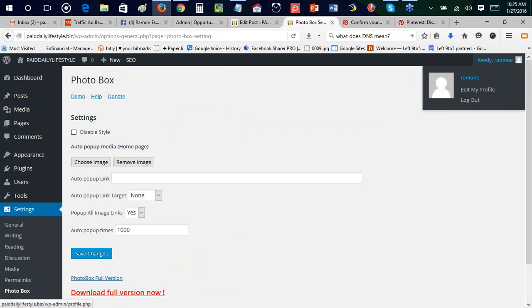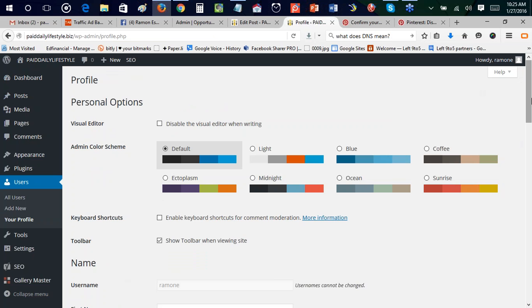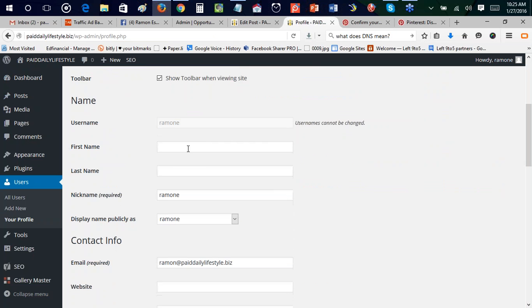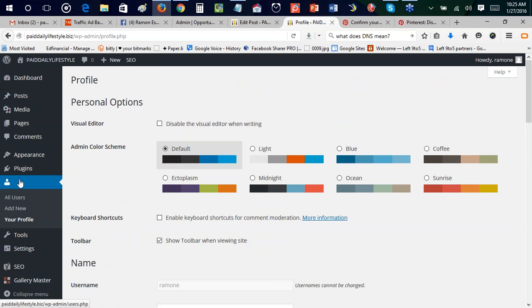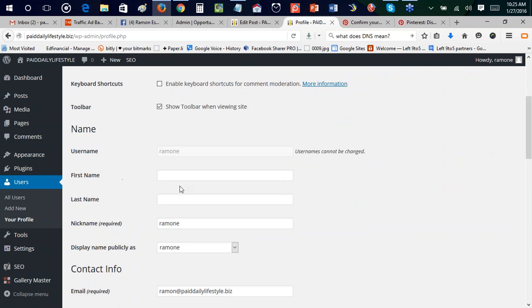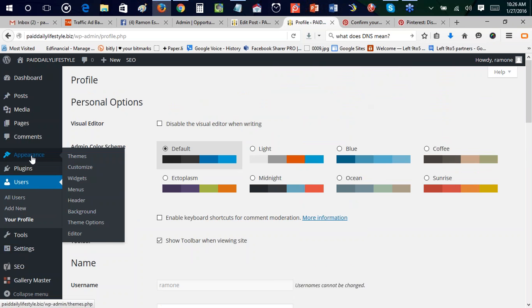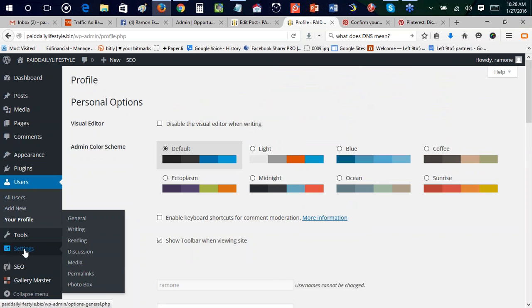I do want you to make sure that you go to your blog and edit your profile. Ramon, I'm sorry to open this up for you. Have you done anything in there? How about your first name and your last name here? The website, Ramon. Yeah, I haven't done anything yet with that. Fill that in. You go here to your profile area. There's something else that I want you to go through and add as well. You want to include your